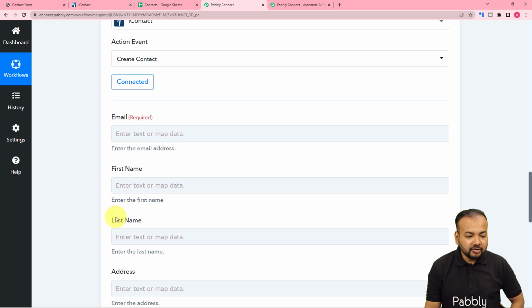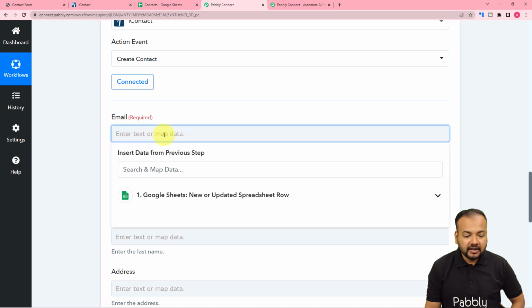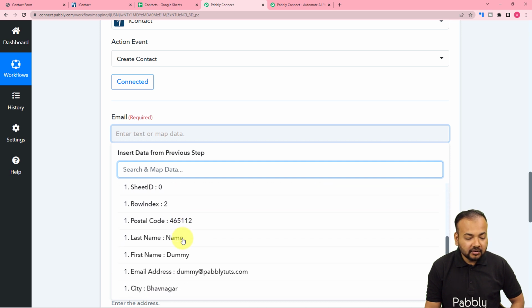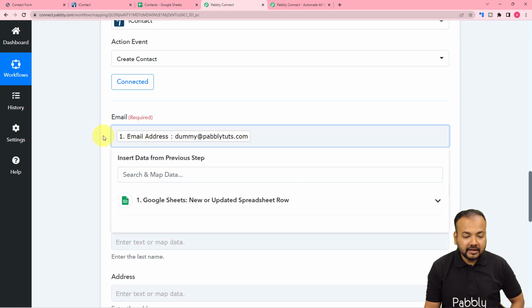Okay, so for that you just have to click here on this field, and the trigger step, the Google Sheets tab will appear here in the drop down, and when you click on it you will find all the test data here only. So from this data you just have to click on this email address field to map the label here. Okay,